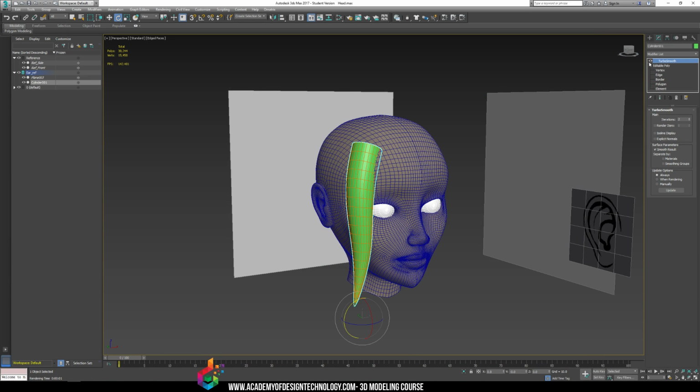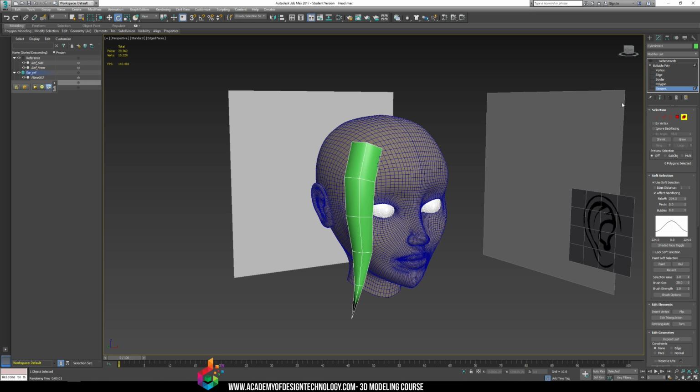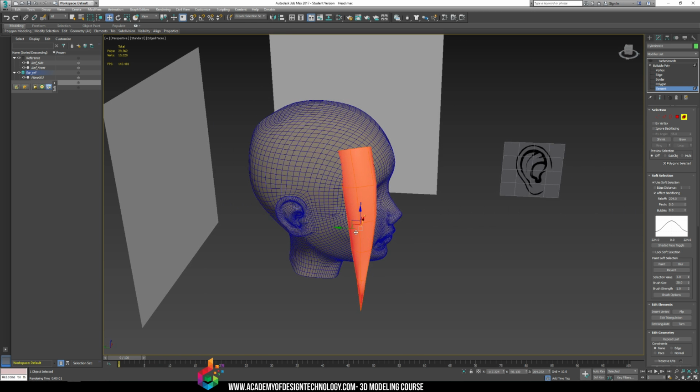Turn off Turbo Smooth. And you can always go to Element and copy this, right? So if we go to Element, and I copy this around, that's okay. I'm running into a weird issue here. Use soft selection. Oh, because soft selection was on, it wouldn't clone the element. So I clone this element,